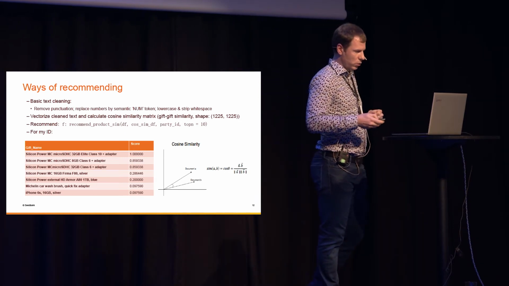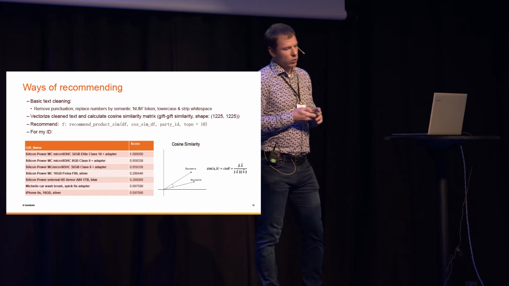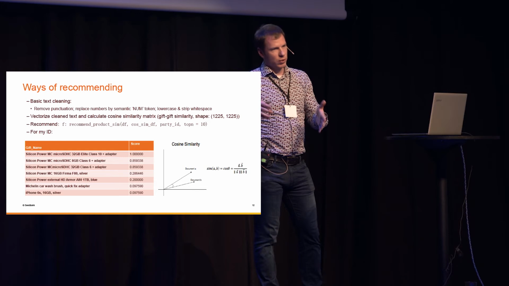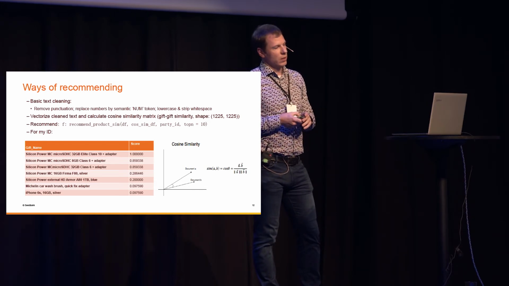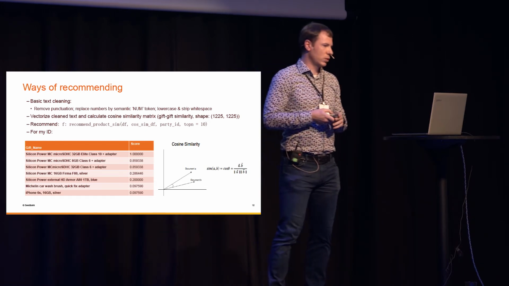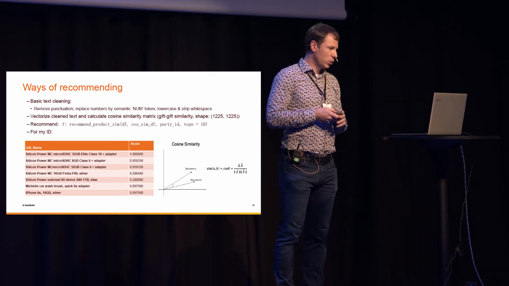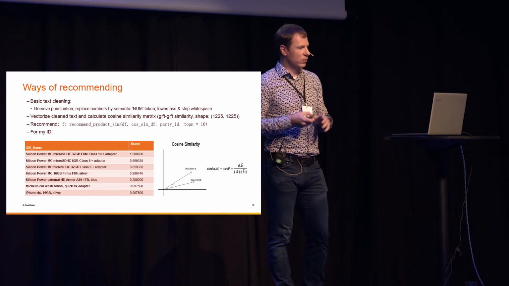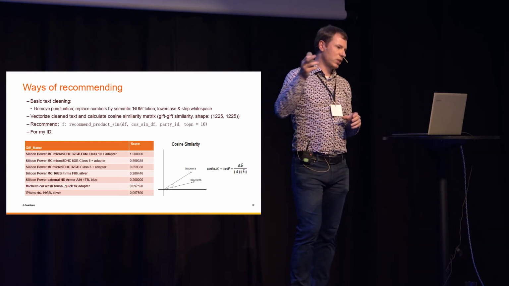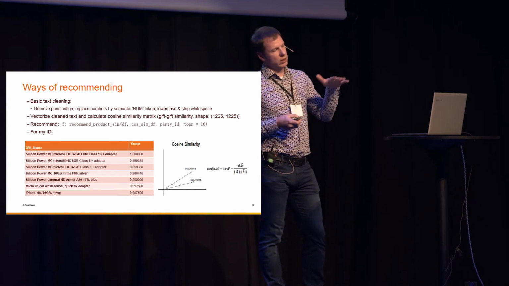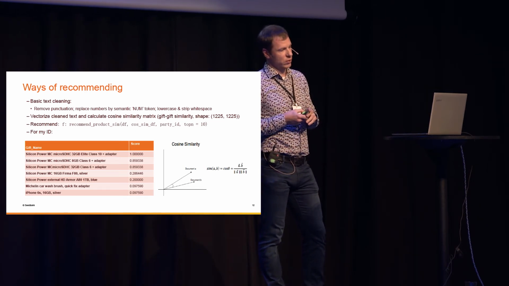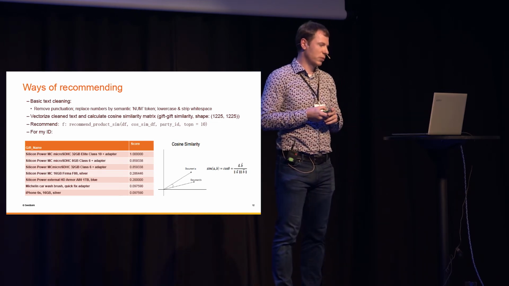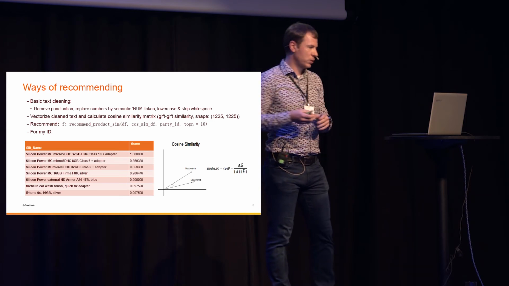But here, you can also take into account additional information. For example, you can scrape the gift product description from the product web page and so on. So there is quite a lot to do. But basically, yes, you do again the basic text cleaning, then you vectorize the gifts, then you get this big gift-to-gift similarity matrix, and then you can calculate similarities between those gift names, for example, in our case. And the similarity measure which I used is the cosine similarity, which in our case ranges from -2 to 1,